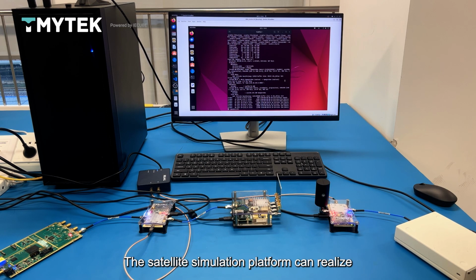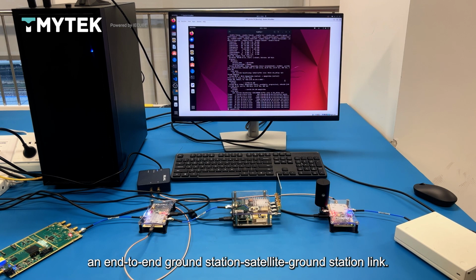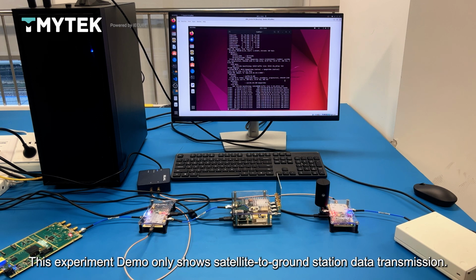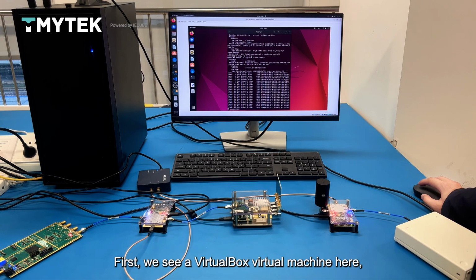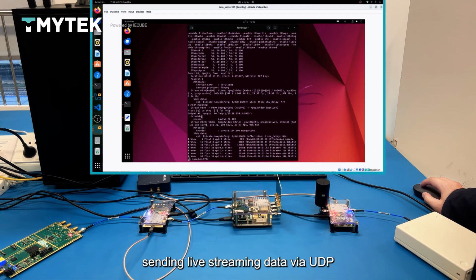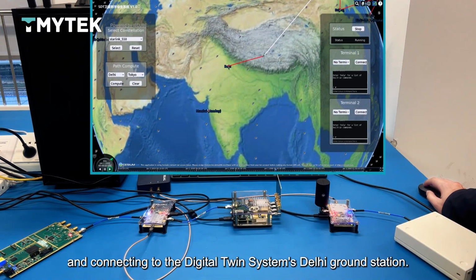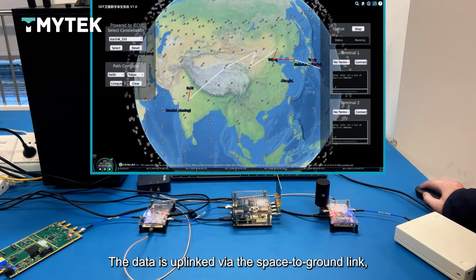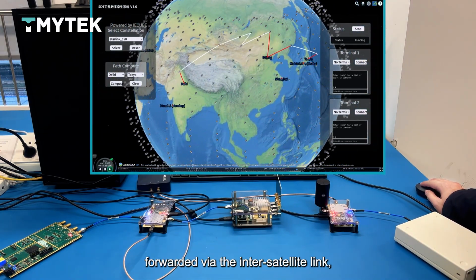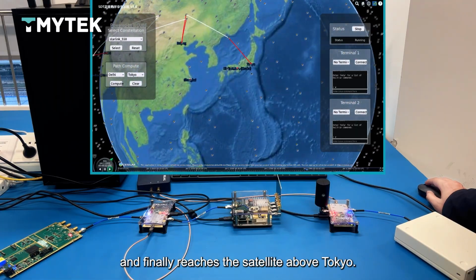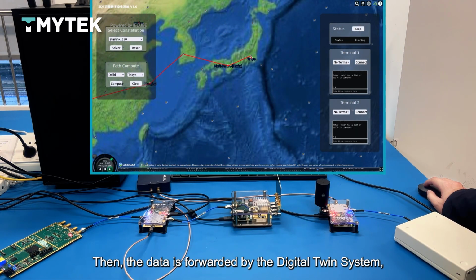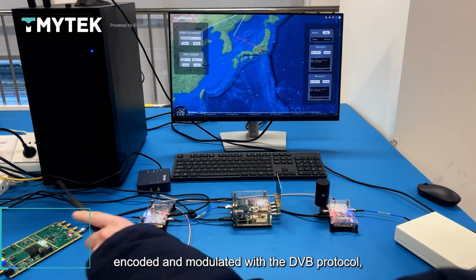The Satellite Simulation Platform can realize an end-to-end ground station satellite-ground station link. This experiment demo only shows satellite-to-ground station data transmission. First, we see a VirtualBox virtual machine here, sending live streaming data via UDP and connecting to the digital twin system's Delhi ground station. The data is uplinked via the space-to-ground link, forwarded via the inter-satellite link, and finally reaches the satellite above Tokyo. Then, the data is forwarded by the digital twin system, encoded and modulated with the DVB